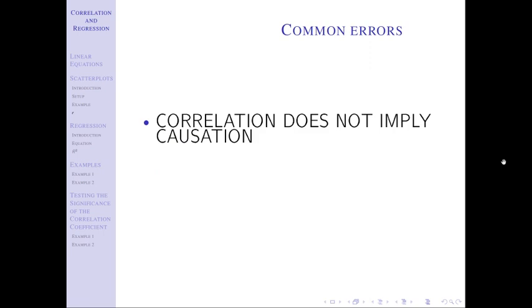And the last thing, just one more time: correlation does not imply causation. Most important thing from this chapter, to make sure you understand: it does not mean that two variables are correlated, that one caused the other. It doesn't mean that one didn't. It just means it doesn't mean that it did.